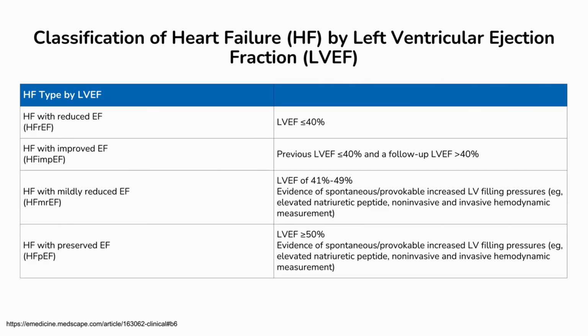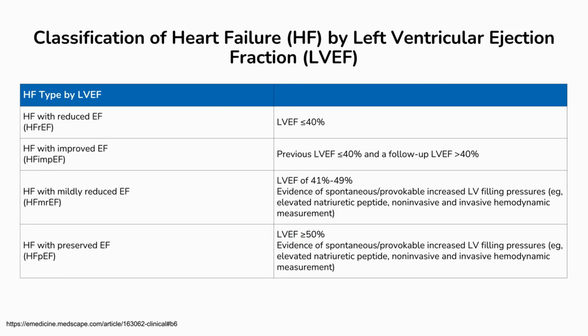We can also classify heart failure by left ventricular ejection fraction. If it's reduced, it's because we have less than or equal to 3%. If it's improved, it's because we have a follow-up of more than 3% in left ventricular ejection fraction. It can be considered mildly reduced if it's between 41 and 49%, and we also have evidence of increased filling pressures. We can also classify it as preserved if it's equal to or greater than 50%, and we also have evidence